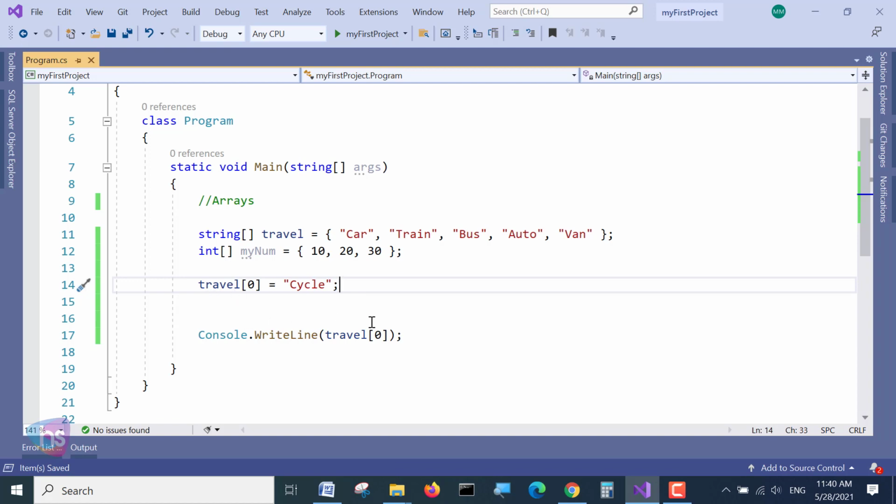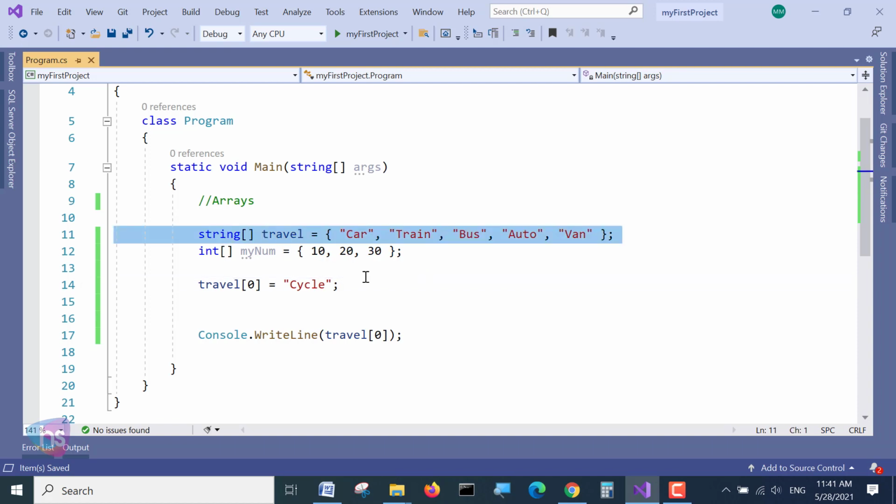See, if I read this array, will I get car or cycle? At this position, the compiler would automatically load the 0 value, car itself. Once the compiler comes to this line of the array, it will automatically replace the 0 position with cycle. And the second position of the array remains the same, train, at position 1. Always remember very clearly: arrays start from the 0 index position.